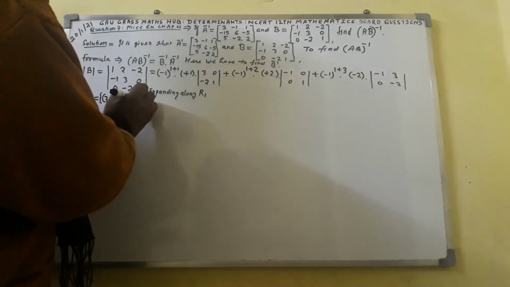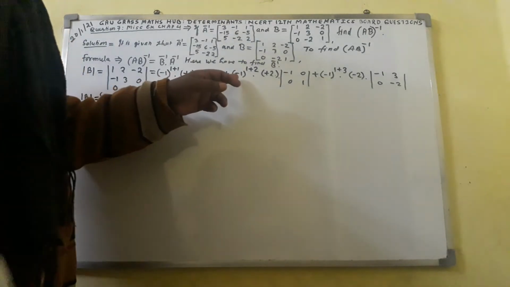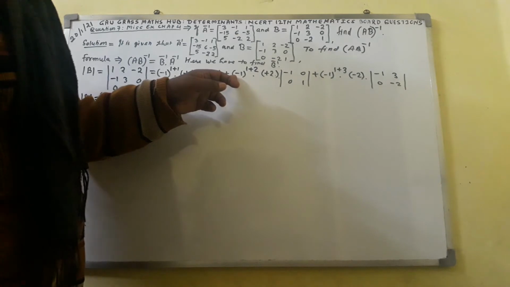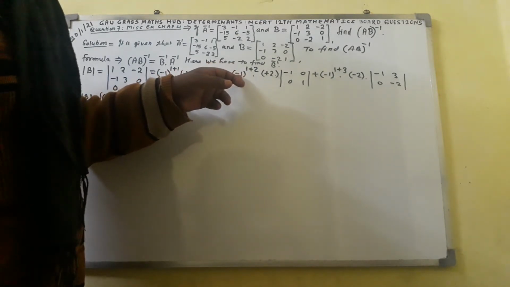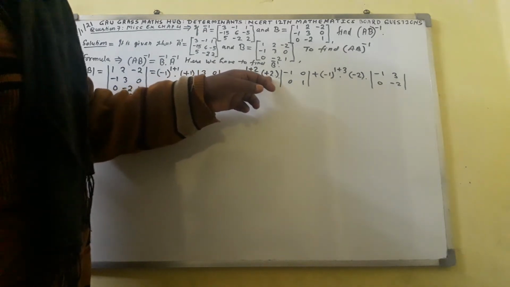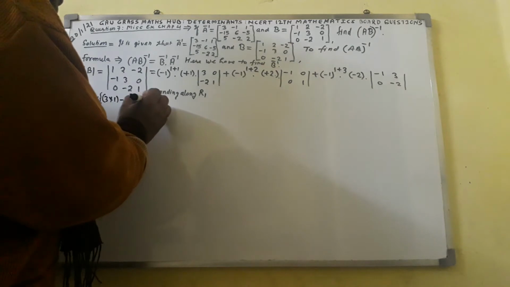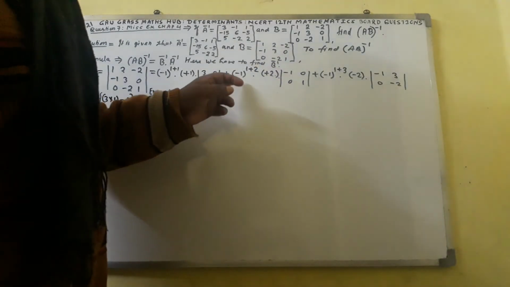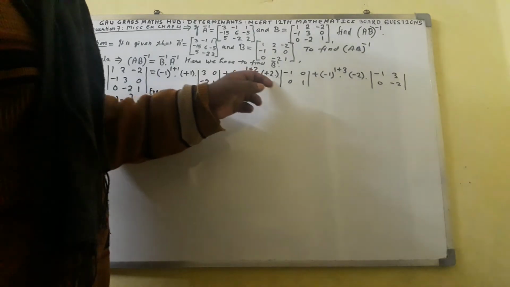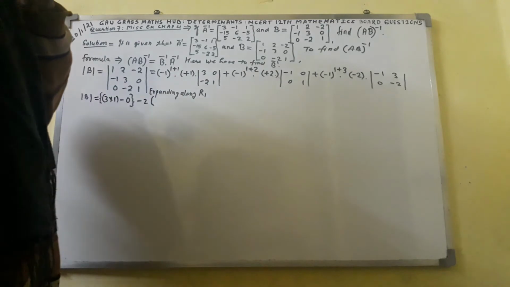This thing will be written in curly bracket, and here you can see (-1)^3 comes out to -1. Minus 1 multiplied by plus 2 comes out to minus 2. So here write minus 2 in bracket, and this is the minor matrix.